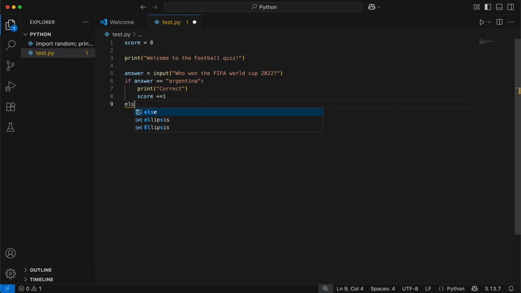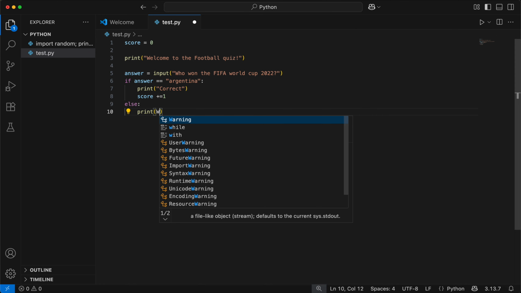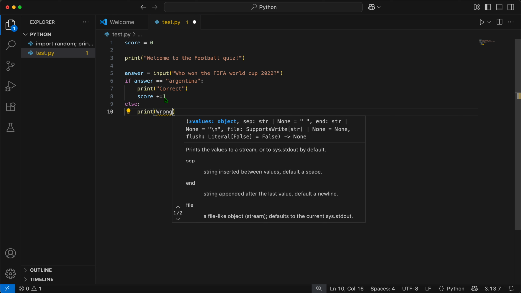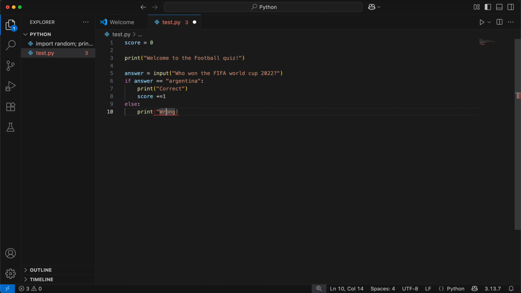And then we write an else statement, else we wrote incorrect, it will be print "wrong" inside the strings. Yep, so now let's copy this